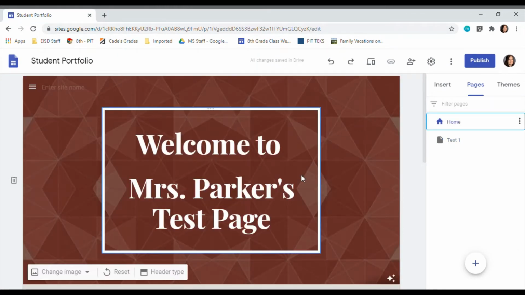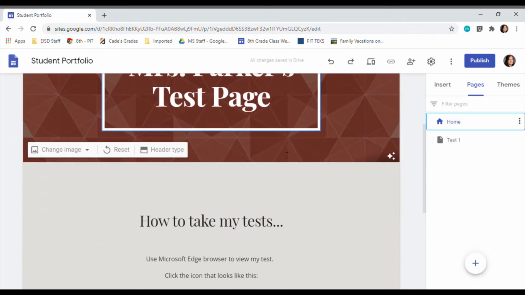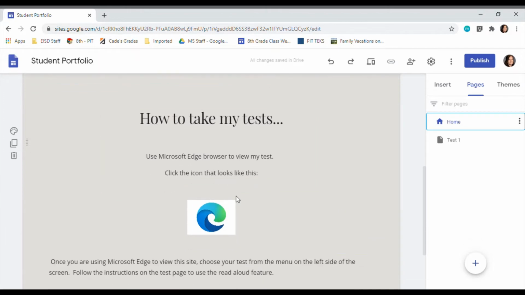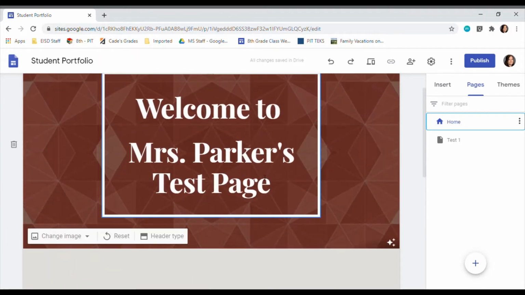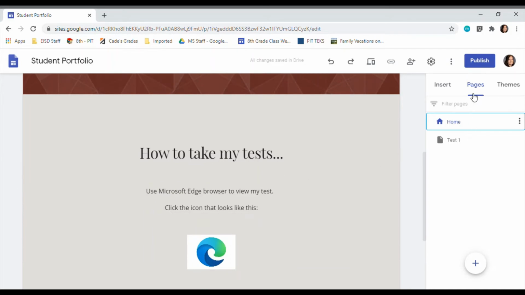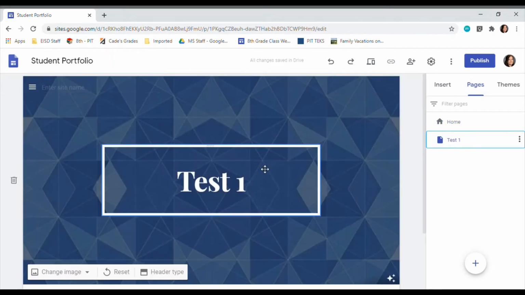Okay, so I've taken the opportunity to pretty up my page and give it a decent title, and added some instructions like I'm really going to use this. So this is my home page. And then when I go to the Pages tab over on the right, I go to Test 1, and I'm ready